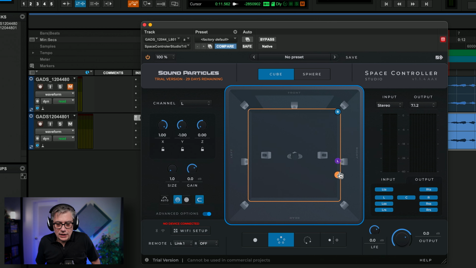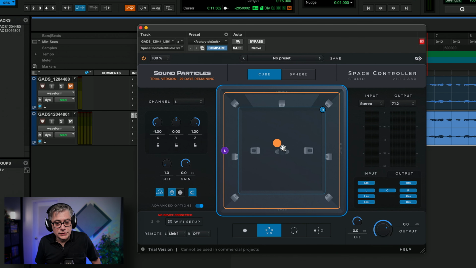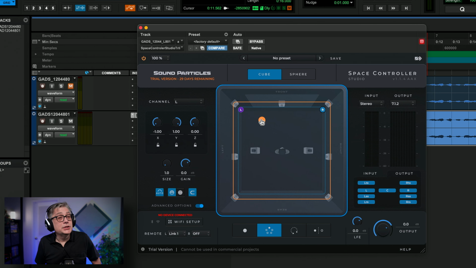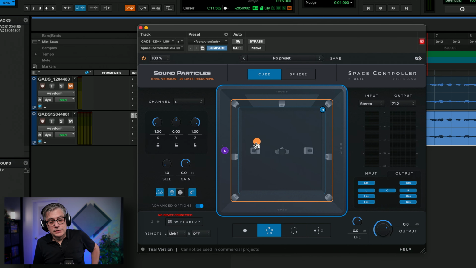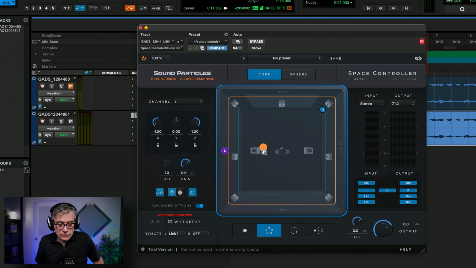Now you might notice that as I'm moving this handle around, I'm not able to reach the top positions here. And the reason for that is because the Z coordinate stays 0. In order to make sure that you can do the two, there's this little auto button here. If I enable that auto button, the Z coordinate is automatically adjusted to the position of my handle. And that means that I now can also snap the channel into the head speakers if I want to. So here, for example, I have 7.1.2, so this is the left head speaker. And this allows me to do that.